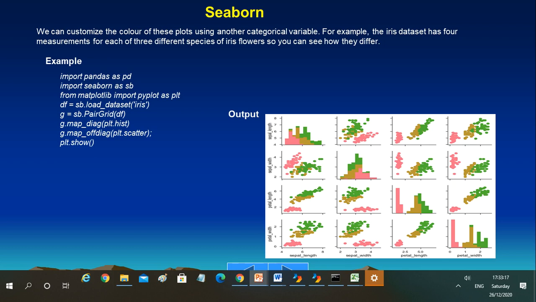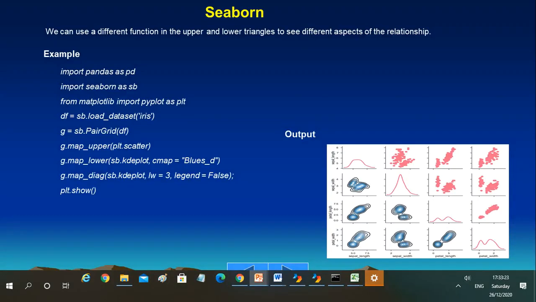Just to beautify, all these things are possible with your minor changes in the code. Here again, we can use a different function in the upper and lower triangles to see different aspects of the relationship. Now again, the same importing, that is pandas, seaborn, matplotlib, then dataset is iris, PairGrid, the type of data plot that we want, then upper and lower, of course, scatter plot and KDE plot, cmap is blue, here you can see, and then KDE plot is equal to linewidth is 3, legend is equal to false, and when you show that, you can see that